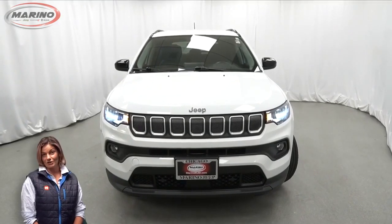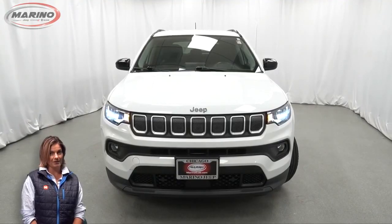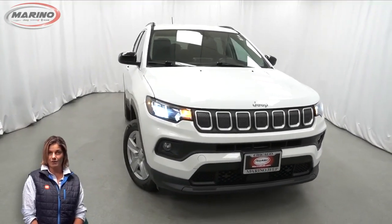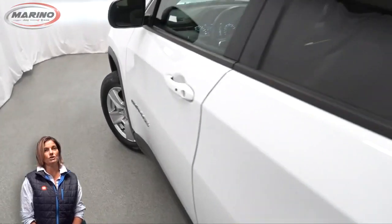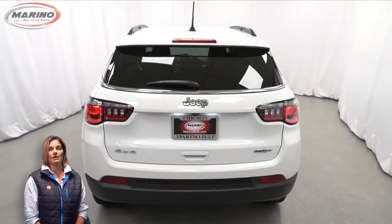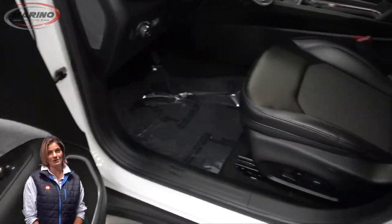If you're looking for a functional, compact SUV with both reliability and safety for your whole family, then take a look at this 2022 Jeep Compass Latitude in bright white. With LED headlamps, front fog lamps, 17-inch aluminum wheels, blind spot and crosspath detection, heated front seats, heated steering wheel, 24,000 miles on the odometer,